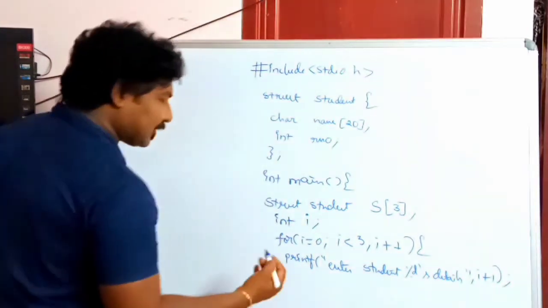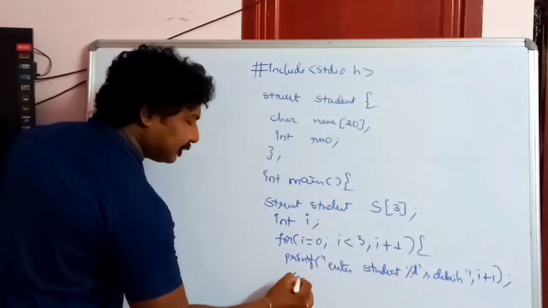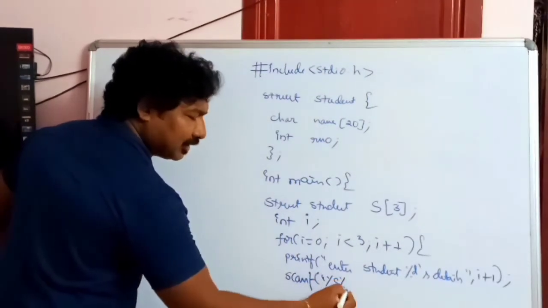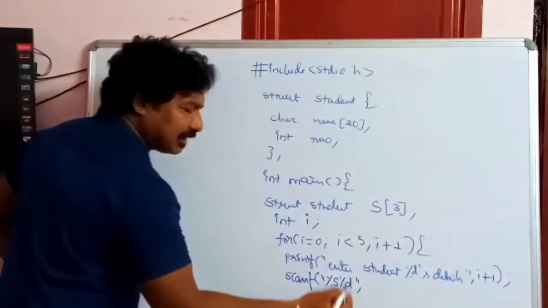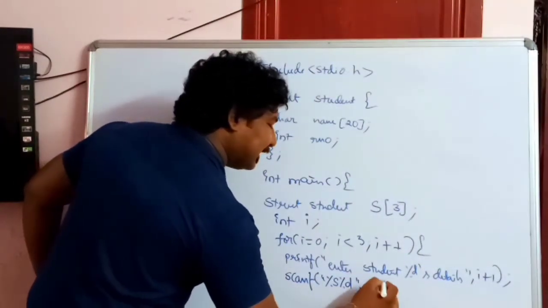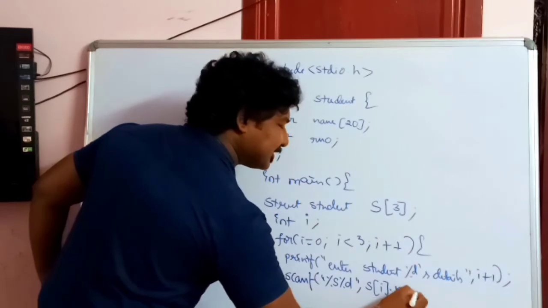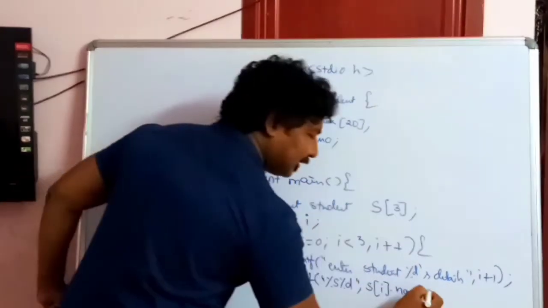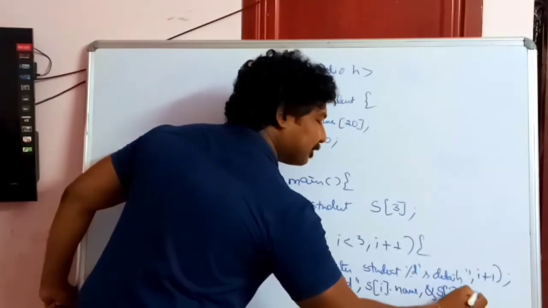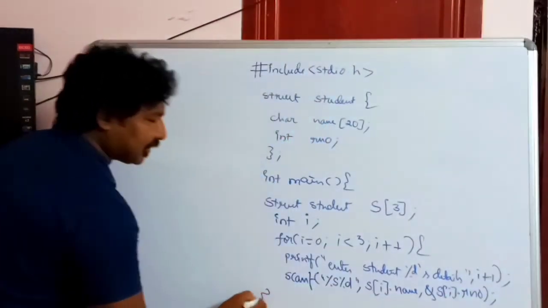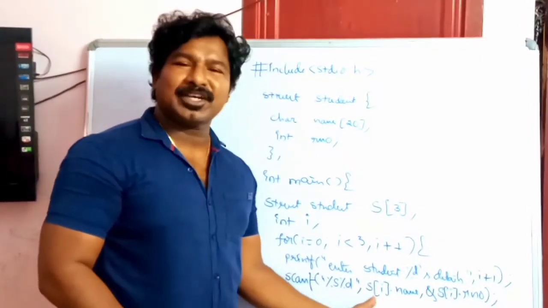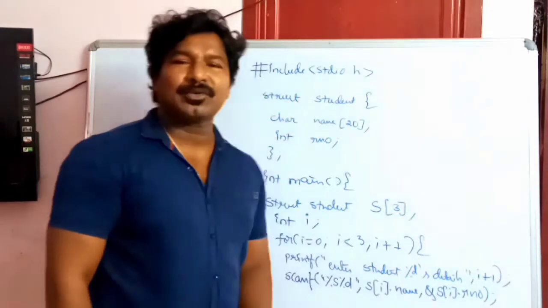Okay. So here what I am doing is a scanf. The first one is a string, the second one is an integer value. So I will read the values as s[i].name, and because this is a string, I am not using the ampersand symbol. For reading the roll number, s[i].rollnumber. Okay friends, so here you can see that I am using this subscript i with my structure variable name. So s[i].name, s[i].rollnumber.